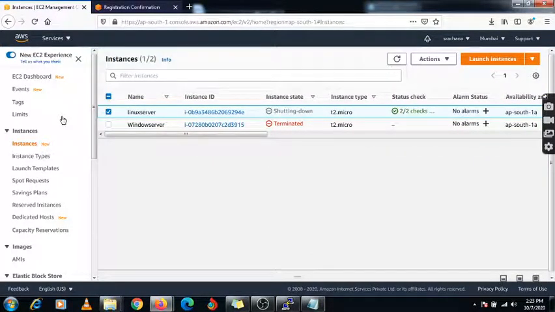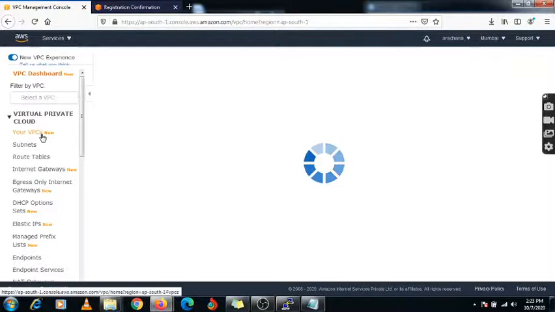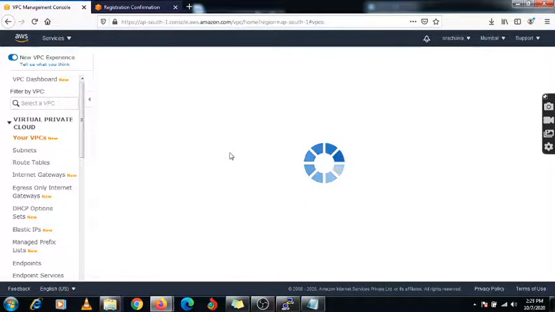Now you need to remove your VPC. Go to VPC. Before you remove your VPC, first you need to remove your instances, and then go to your VPC, select it and just delete it.